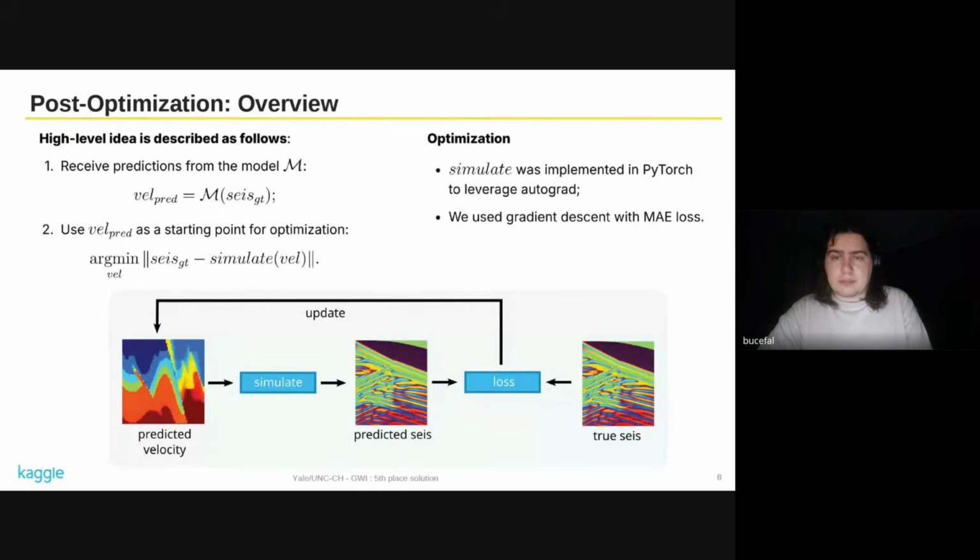And to do this, we implemented a differentiable version of the simulator, and we used just a simple gradient descent with mean average loss. And in the picture, you can actually see the image version of what I described.